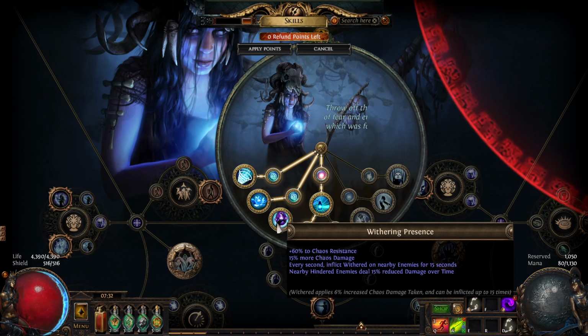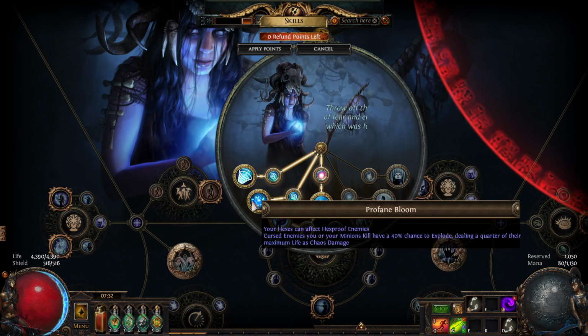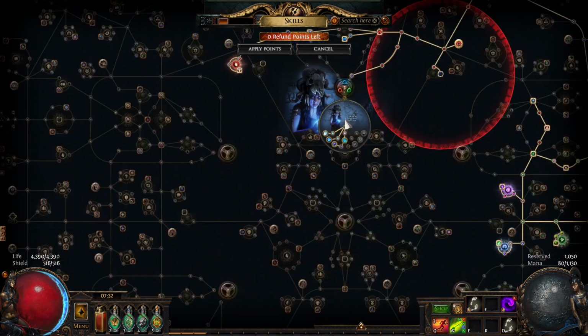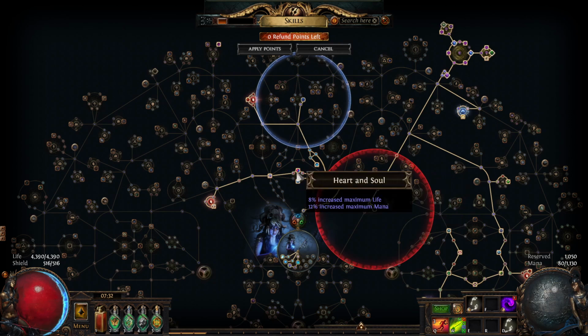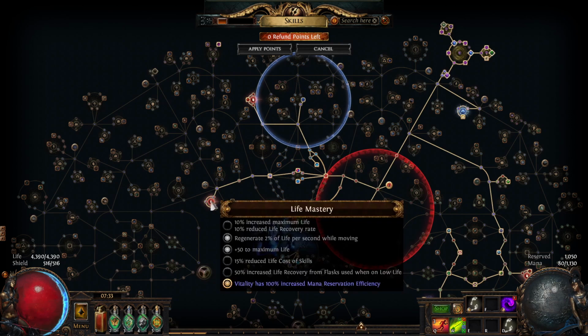So that was that. Then I hit Profane Bloom on the next one, and then Uberlab was Malediction. Leveling wise, we came up through here, straight into Practical Application and Heart and Soul, right the way down the left hand side to Quick Recovery to get the Life Mastery, and I believe I took the 50 max life on there initially,